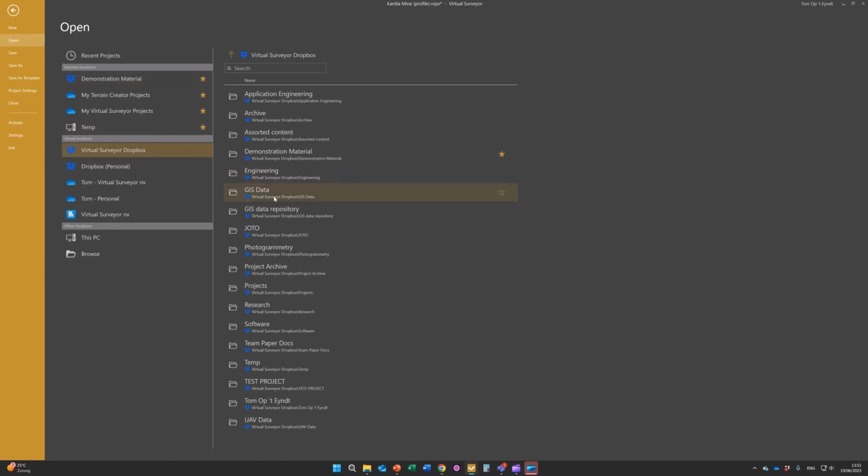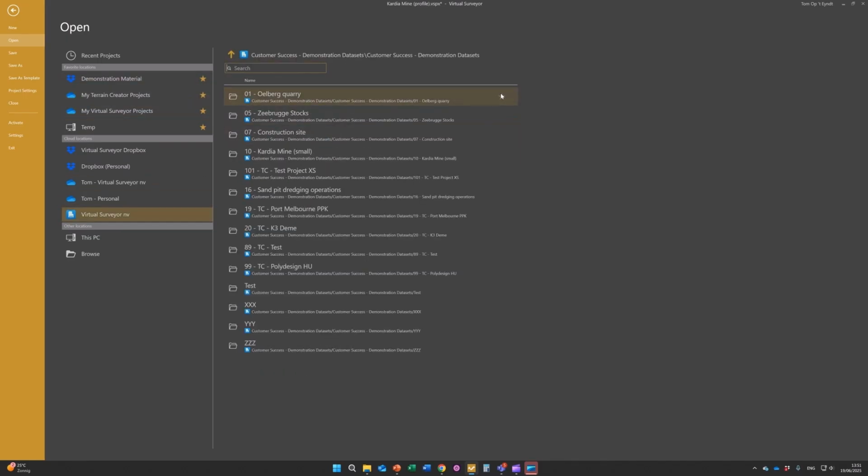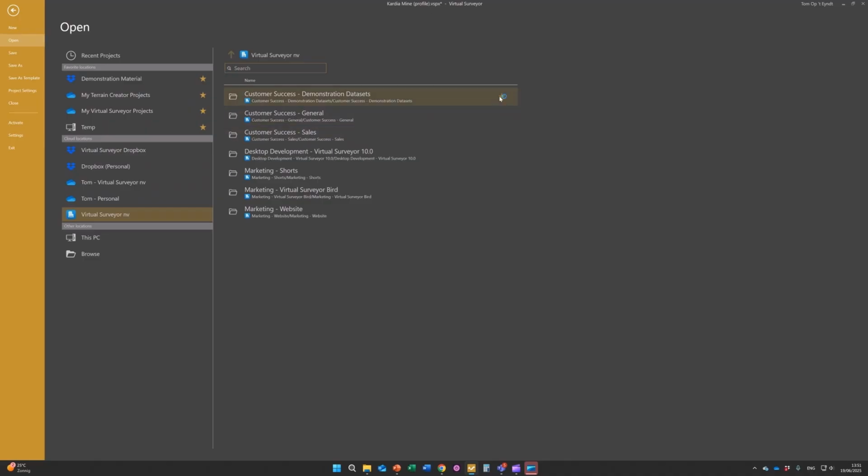Now you have the advantage of accessing projects you regularly come back to without having to click through a series of folders. You can just click on the favorite locations and you're instantly where you want to be. And this works for any folder. All the cloud folders like Dropbox, OneDrive, or SharePoint. And it also works for local folders, including the temporary ones.